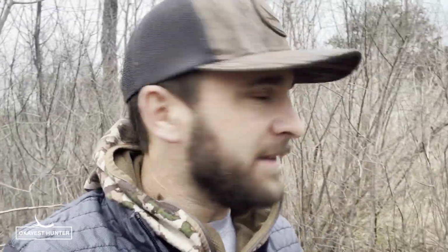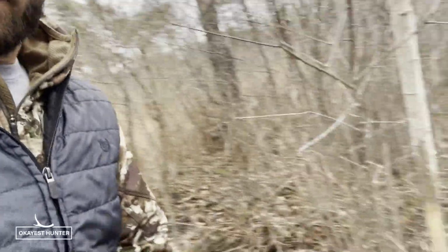First thing, there's my vehicle. It's not parked in a parking lot. I'm parked alongside of the road. I just pulled off and I've got a spot about 150 yards from here that I've had eyed up on the map. So you can see busy road here. I made it this far into some brush where I don't believe there's a lot of people traffic, but immediately upon walking in,